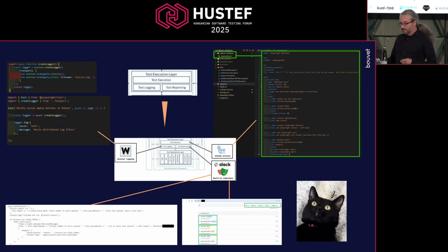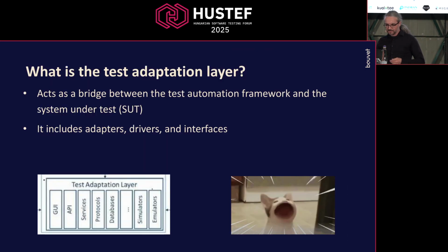I think that's it for this part. And then the last layer in our journey is the test adaptation layer. Okay? The test adaptation layer acts as a bridge between the test automation framework and the system under test. It's quite straightforward, I think. It includes adapters, drivers, and interfaces that enable automated tests to interact with the system under test components, ensuring compatibility